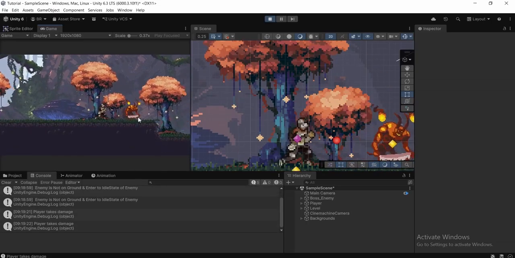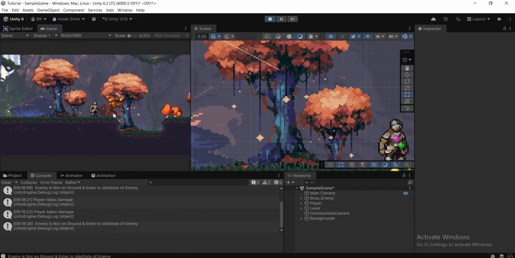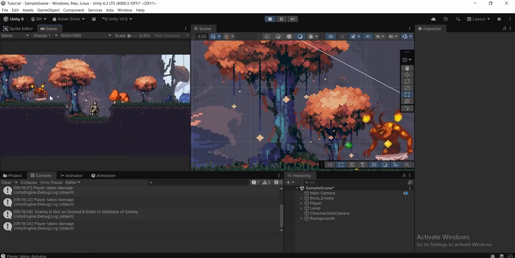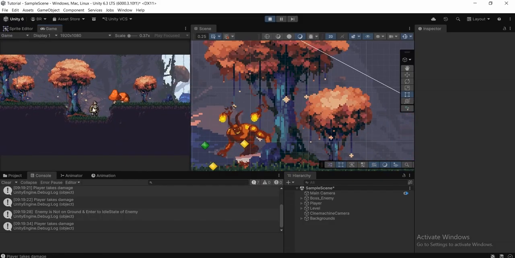But when we get outside, we also need to make the transition. Basically, once this enemy is attacking our player, and if we immediately get outside of that, then the enemy is not looking for our player, it's going directly to the move state of this enemy,